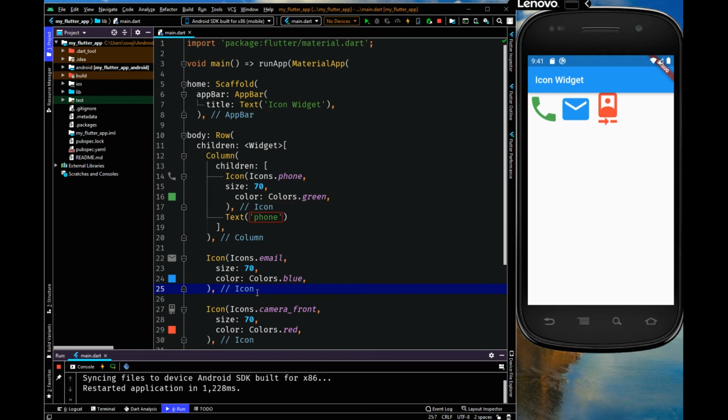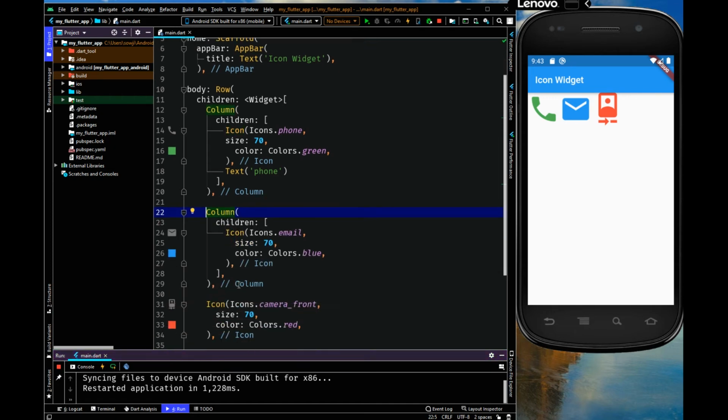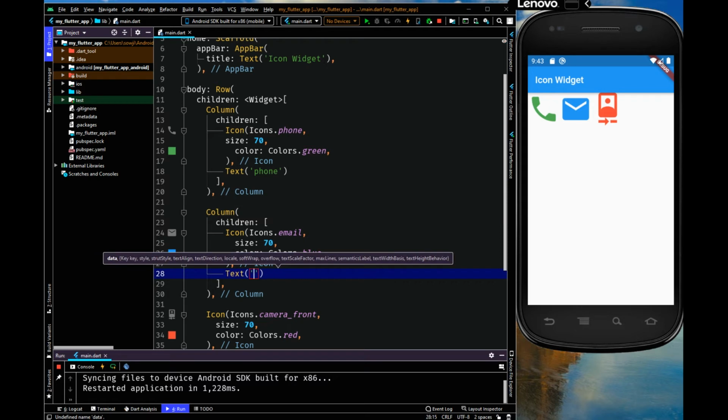So similarly, wrap this second icon widget with column. After this icon add a comma and add a text widget, and I will give the text as email for the email icon.